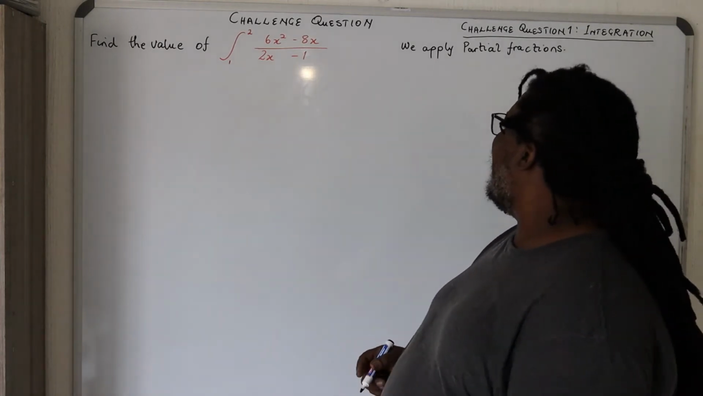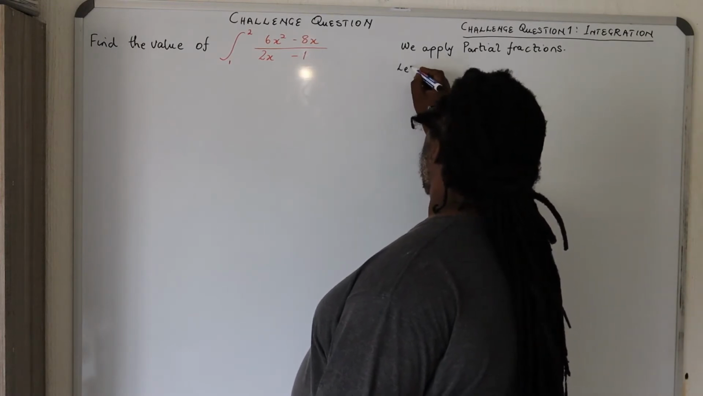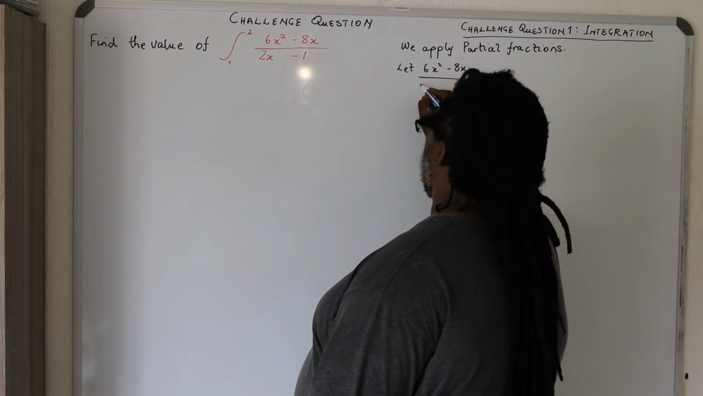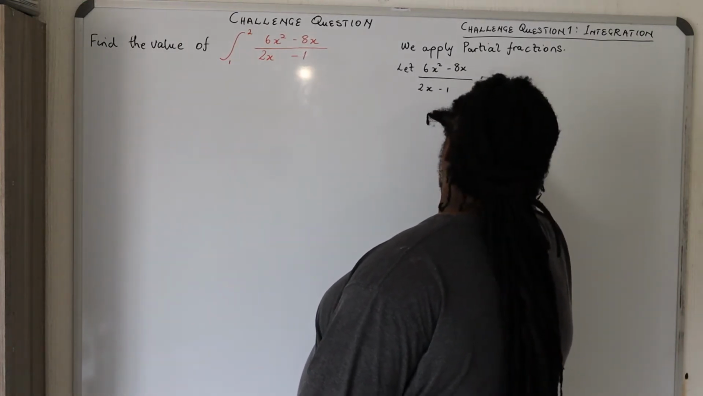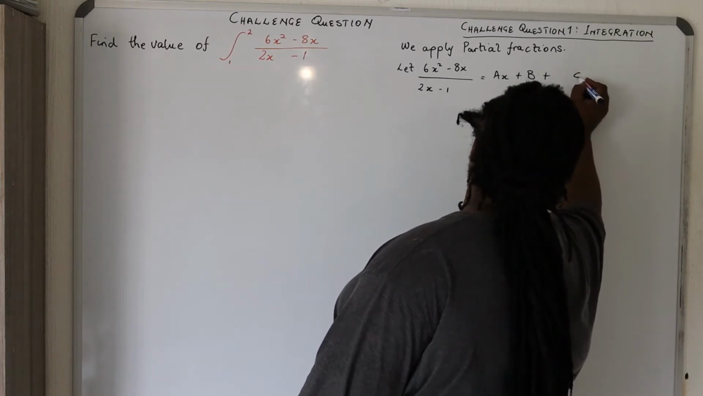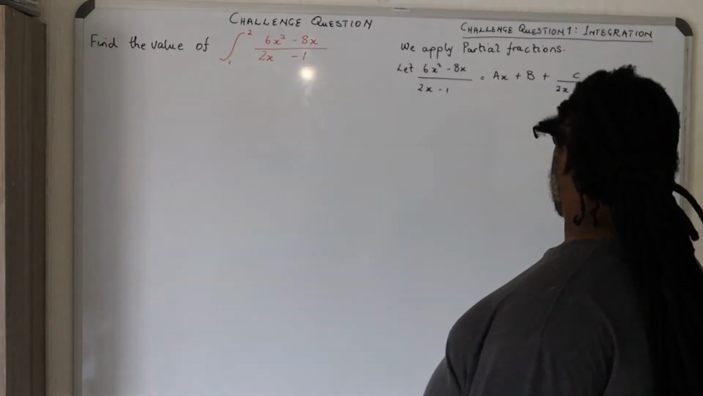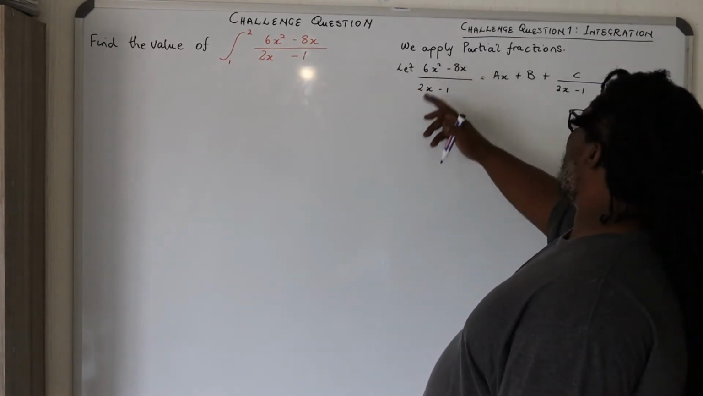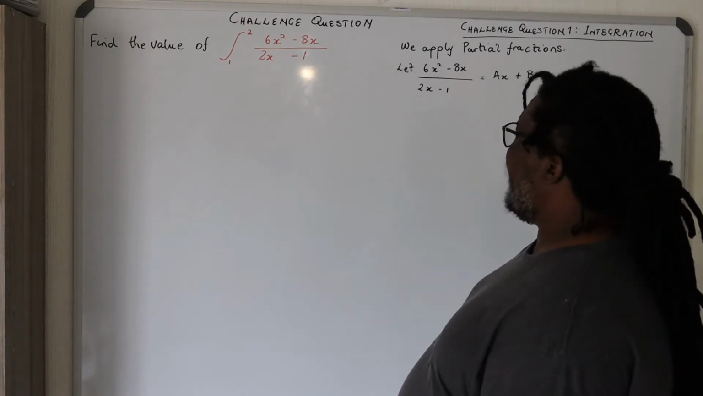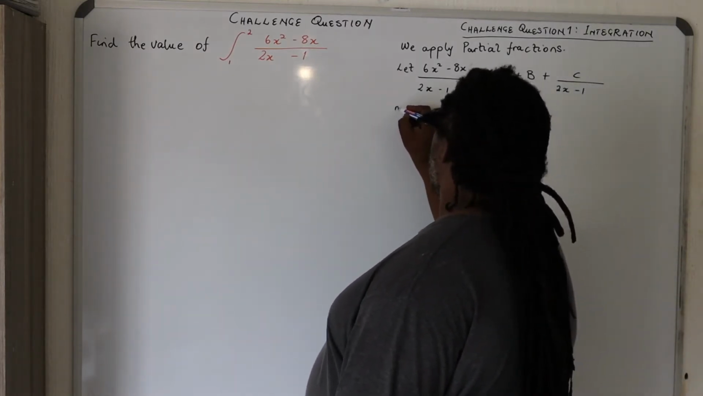So here is how I approached it. So what I did is I said let 6x squared minus 8x all over 2x minus 1 be equal to ax plus b plus c all over 2x minus 1. In other words, I'm trying to break down this whole complex presentation into subunits that we can then integrate individually without difficulty. So we say multiply